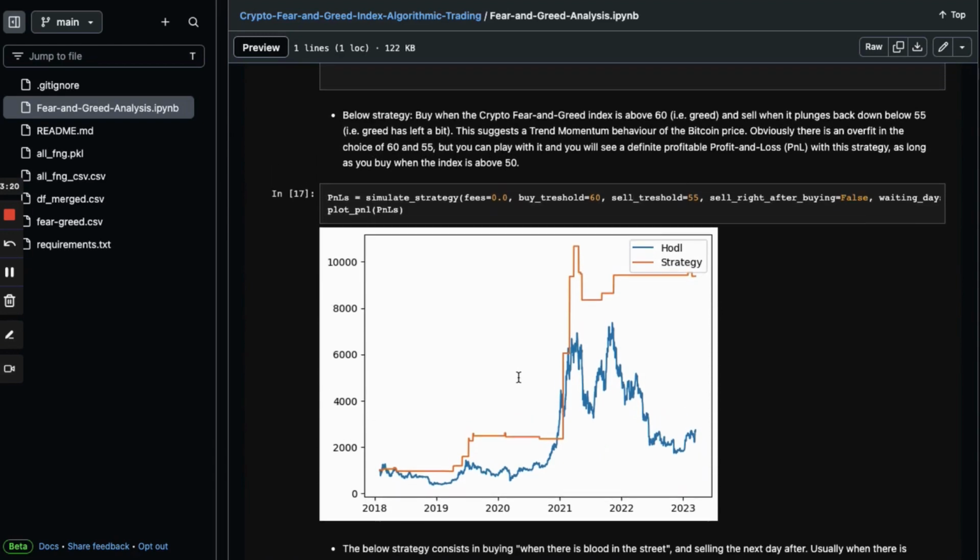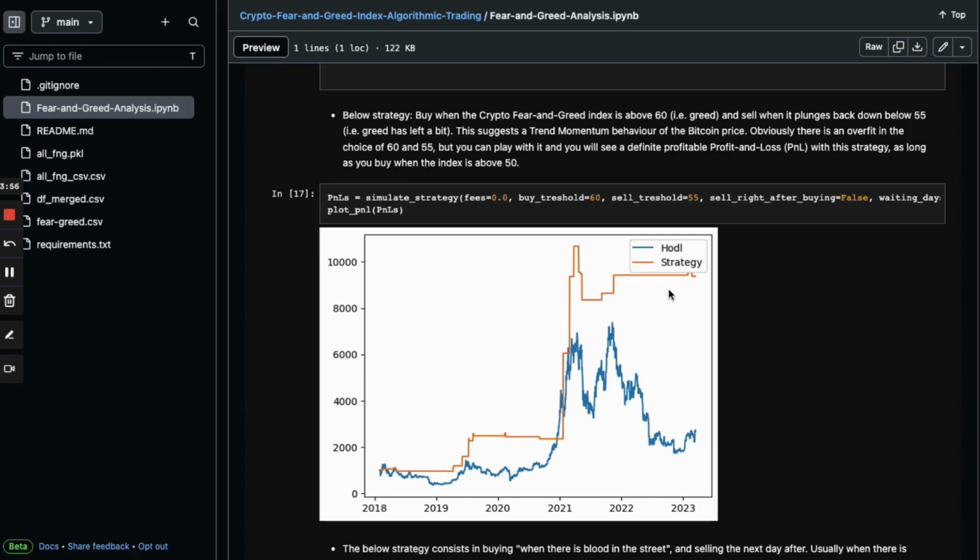When you look at that, the PNL here is shown on this plot. It actually starts at 1000. This 1000 here is a reference to say that, let's imagine we start at 1000. What is the current value now? So if we just hold Bitcoin, then we'll be around 2000, 3000. It's the blue line. If we do use the fear and greed strategy above, then we'll be at close to